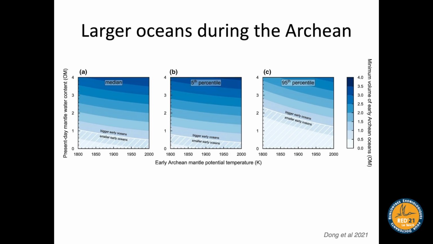This is a modelization that has been published this year, that calculates the amount or the volume of Archean ocean due to the early Archean mantle temperature. And this study proposed that we had larger, but really larger oceans than today. And water is very important, and the presence of ocean is very important for life, but is also very important